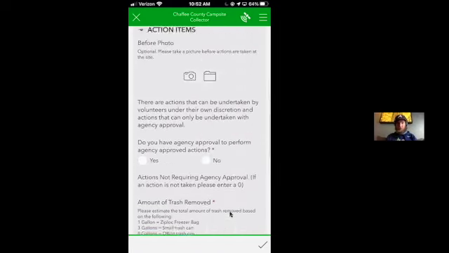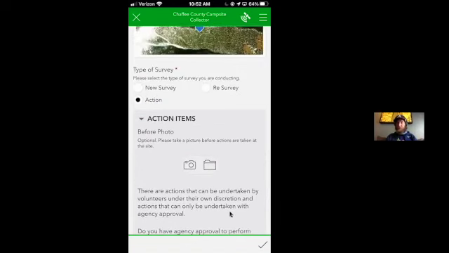There's a question at the end of each of the new survey and resurveys that asks you if you're going to take an action, and these will actually pop up. So it's the same in new survey, resurvey, and action. So if I click on new survey,